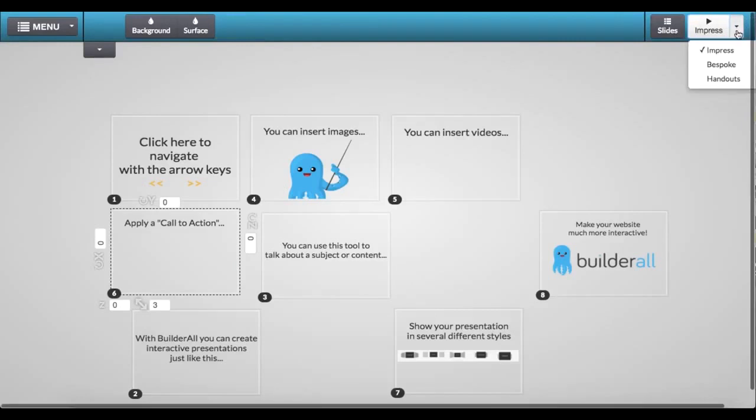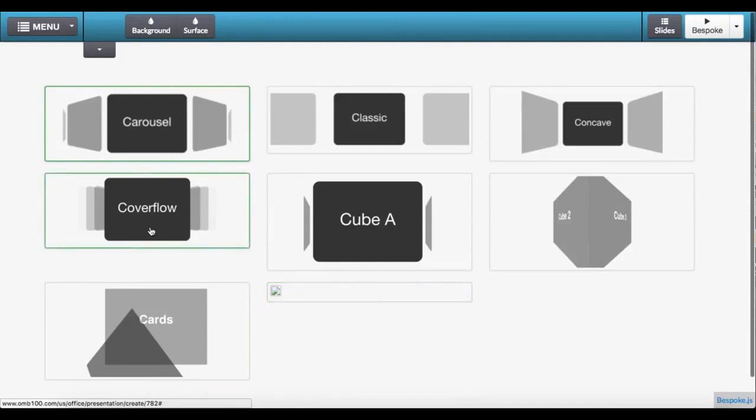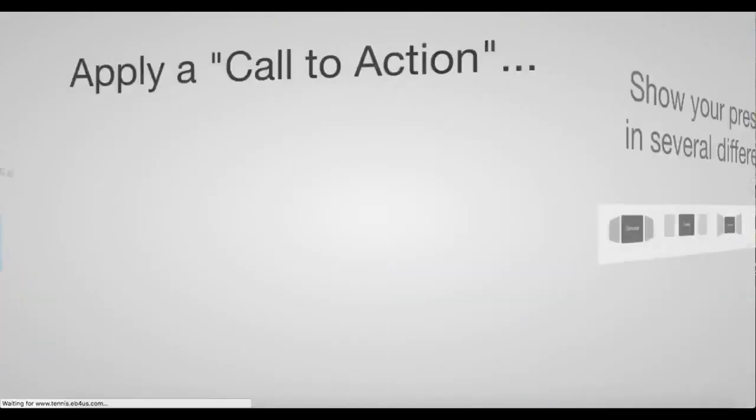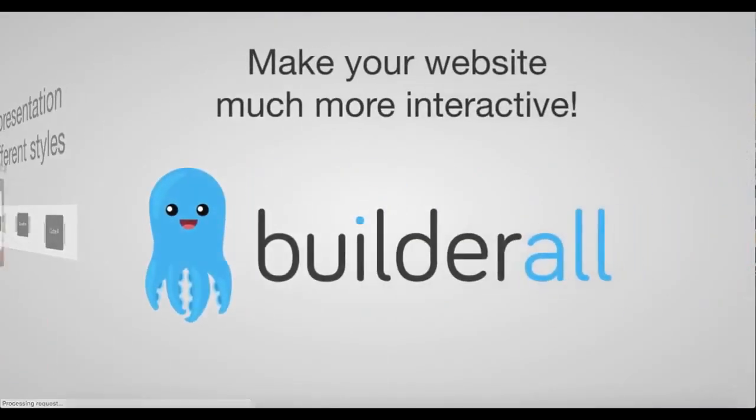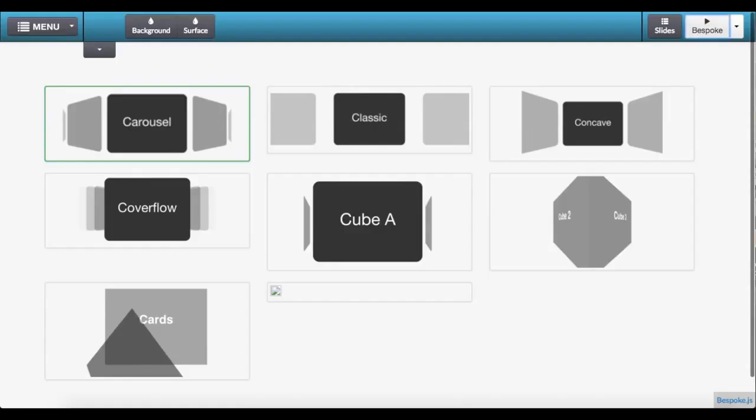Let's go to a different presentation. So let's go and try Bespoke. This is a different kind of items or different kind of templates, if you want to say, for your presentation. So if we click on carousel and click on play, now we get a different kind of presentation here that we can manipulate. So you can go ahead and play around with this, go through the tutorials and see all